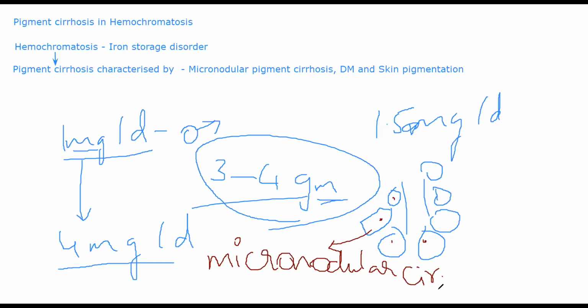Now, because of these deposits, your liver will become chocolatey brown, okay, and you will have a nodular surface. The surface of your liver, if you remember, in the initial classes, I think 2 or 3 classes back, I showed you how a cirrhotic liver looks. There will be several lesions appearing all over the liver, right? The same way this liver will look. Okay, other than this, now this is about the liver. What will happen in the liver?